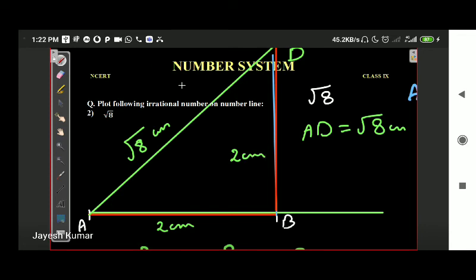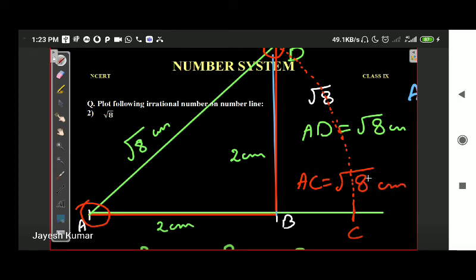Finally, you put the point of the compass at point A and the pencil at point D, and you bring this to the number line. You can draw a continuous line. You don't have to do this dash dash; that is when you have to do something with your compass. To the number line, and this will be point C, and hence AC will also be equal to under root 8 centimeter.